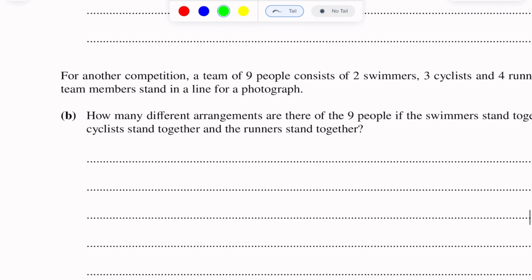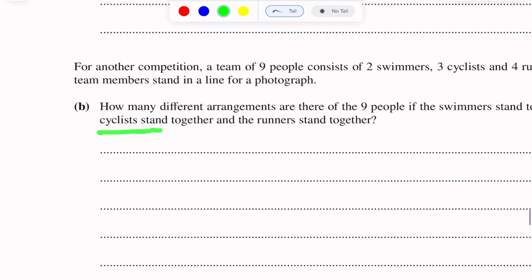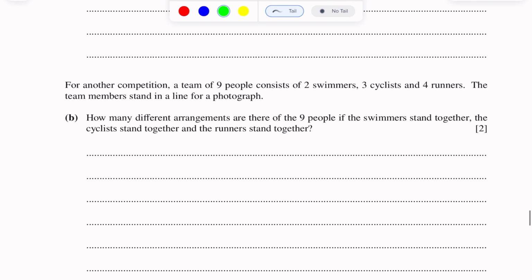So this means that there will be 3 different groups: swimmers, cyclists, and runners. So there are 3 groups that stand together. So we can write S for swimmers, C for cyclists, R for runners. Since there are two swimmers, we can take S1, S2. These are two swimmers. This is the first group,